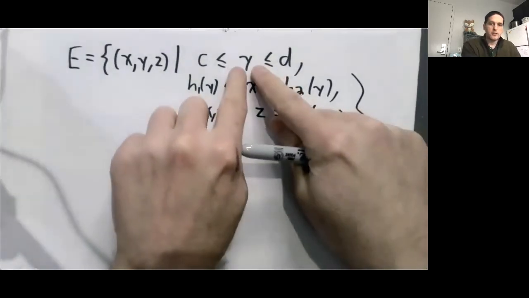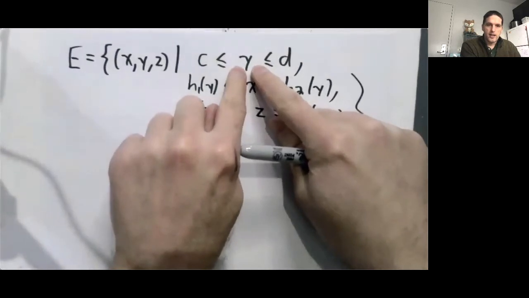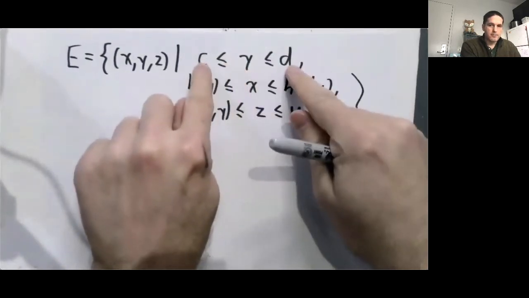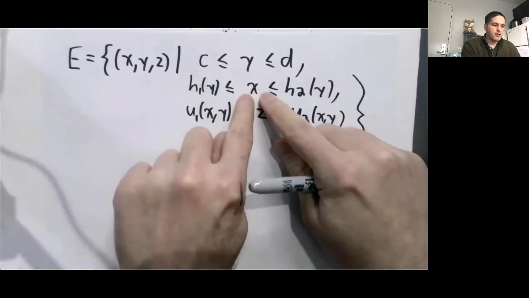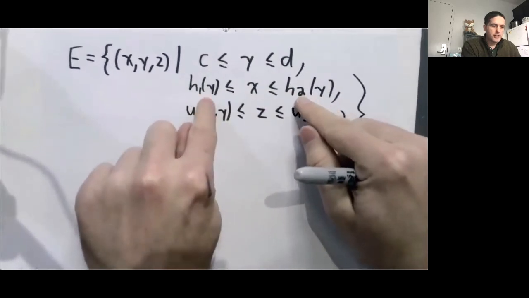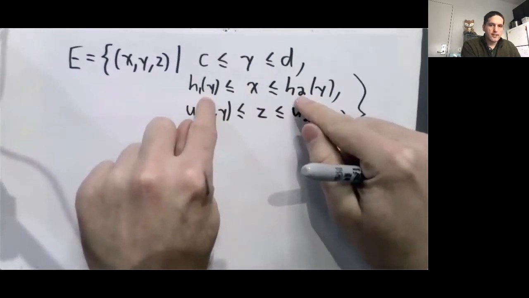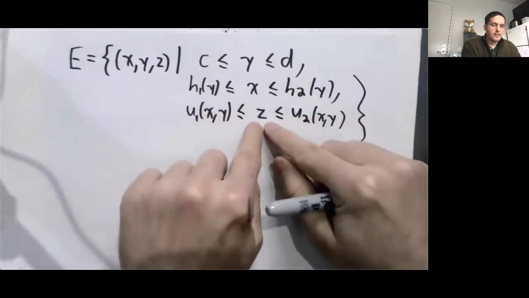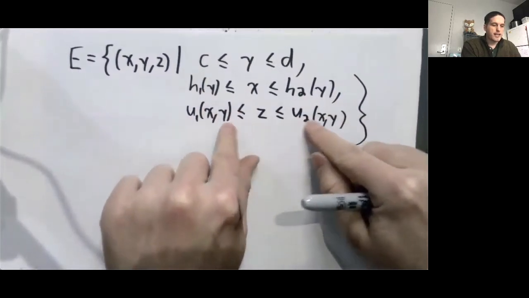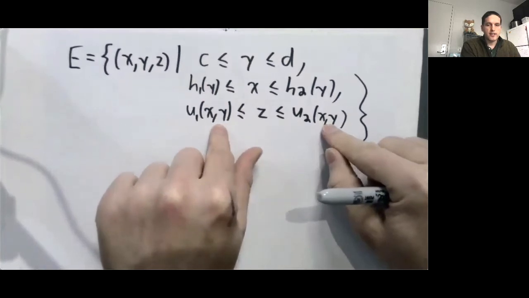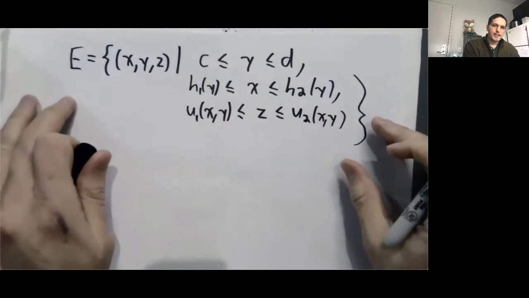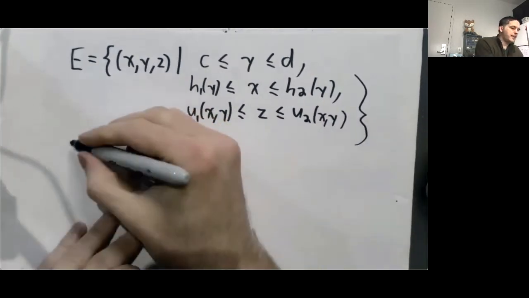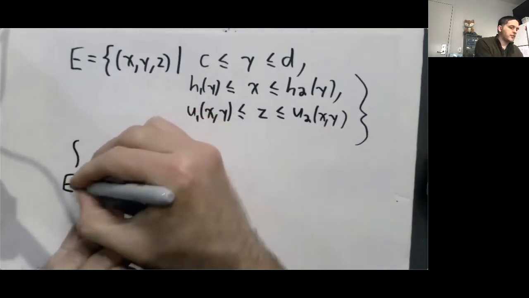The first variable is bounded by these constant values. The second variable is bounded by expressions that depend only on the previous variable. And then the final variable is bounded by expressions that depend on the previous two variables. That's the pattern. Once you've expressed E this way, then we can just immediately write down the integral over E of f of x, y, z dV is equal to,